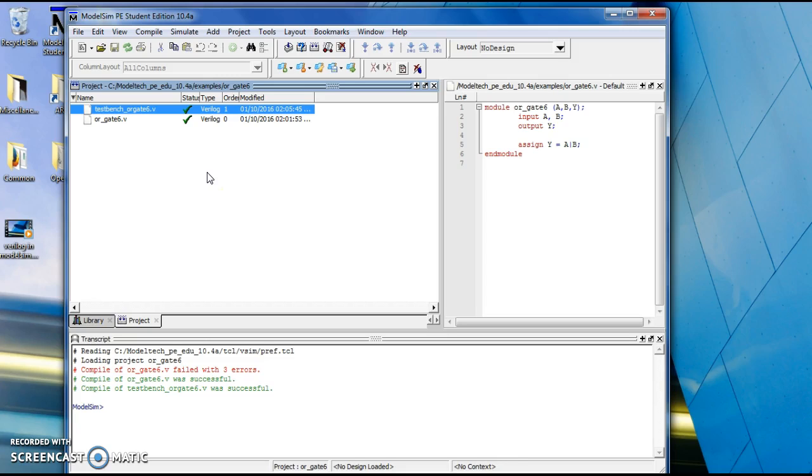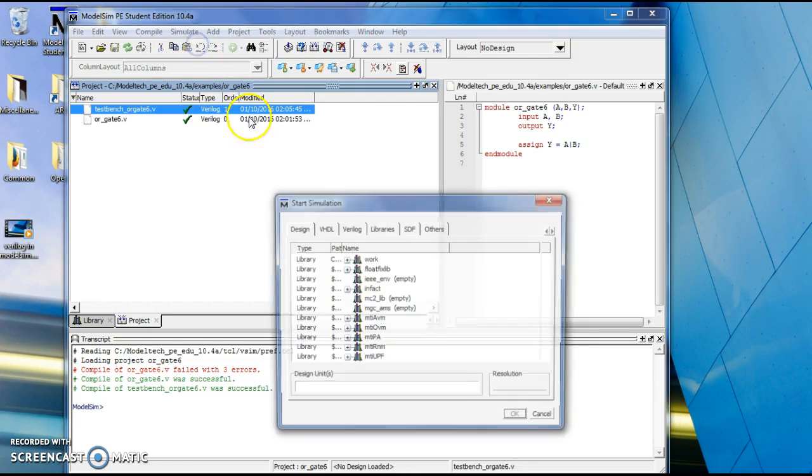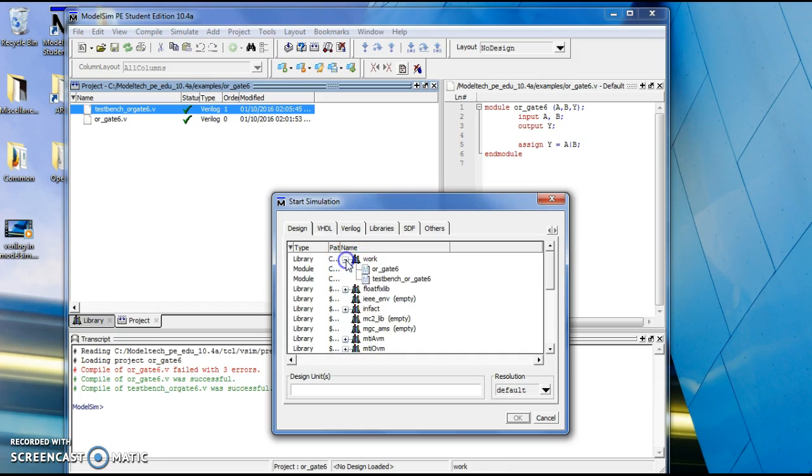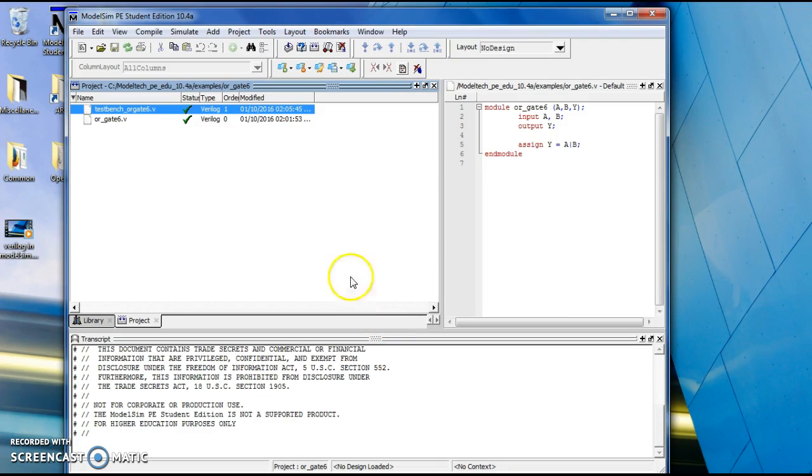So you must remember how to make corrections if you find any compilation error like the one which we had before. So now our compilation is successful. Let's simulate it. Go to simulate, start simulation, under work. So we want to simulate the test bench that has all the test cases. So you want to click on that. Okay,